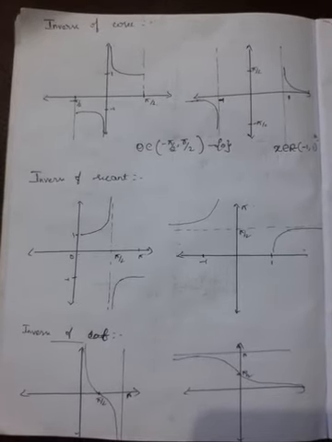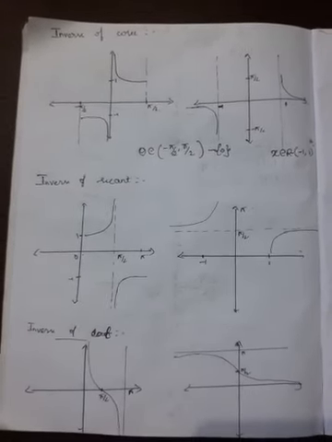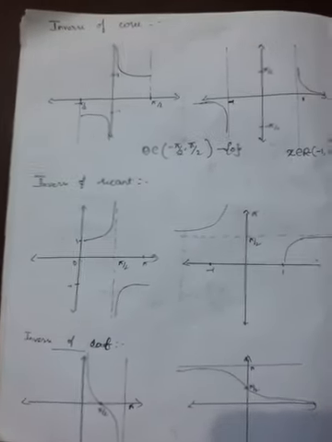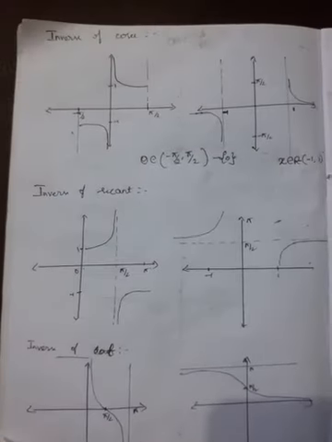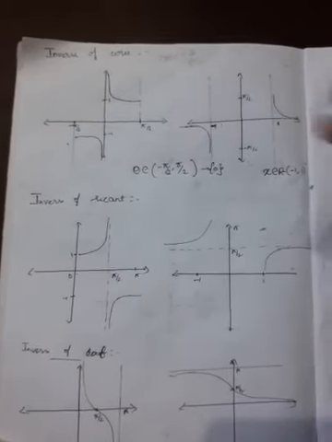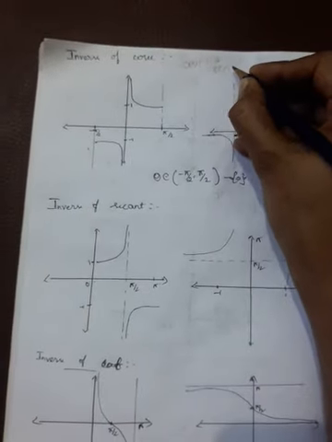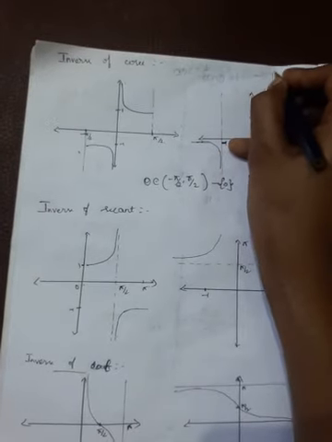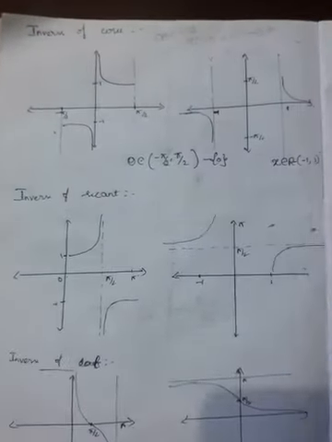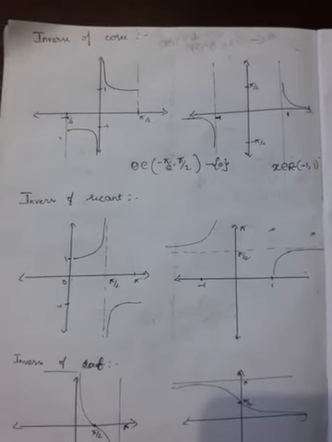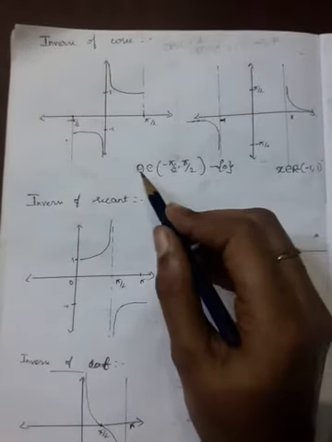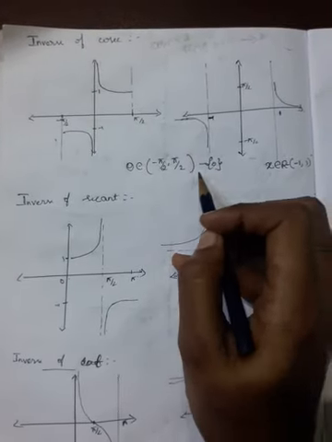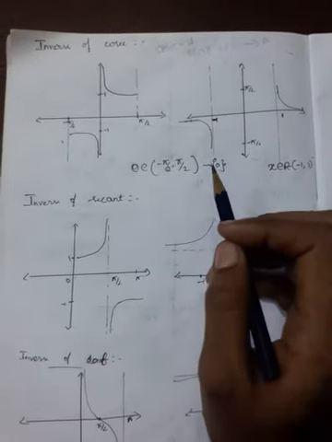The next one is inverse of cosecant function. You know that cosecant is equal to 1 by sine. For some value of theta, cosecant is not defined. Which value? Sine 0 equal to 0. When sine 0 is equal to 0, 1 by 0 tends to infinity. Therefore, cosecant is not defined when theta is equal to 0. Therefore, our theta varies from minus 90 to plus 90 except 0. Except 0, at all the values theta exists.